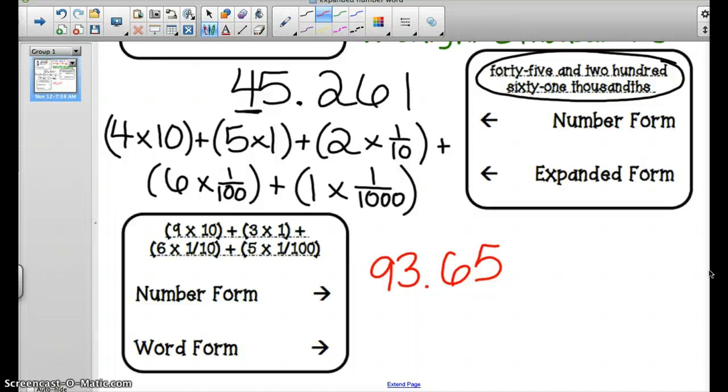Jacob. Well, so say that number first. How would you say that number? 9 and 3 next to each other. What number does that create? 93, and then that's an and. And 65. 65 hundredths. Hundredths, perfect. So it is 93